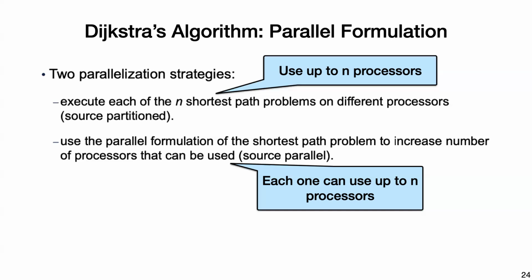In reality, you probably don't need more than n processors. For large n, large graphs can be on the order of 1 million vertices or even bigger. 1 million processors is already quite a lot of processors. So if n is large, then you don't need to even think too hard about the more complicated parallel formulation.